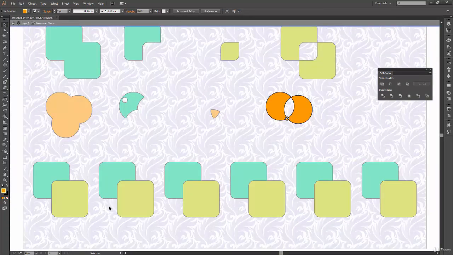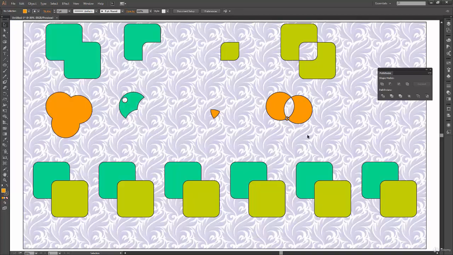Now I won't be explaining it any more after this, because I might confuse you even more. So I'm going to leave it right here, and if you're still not able to understand or if you're still confused, then I would suggest you go ahead and create these three circles, or you can create other shapes also and perform exclude. Start with two shapes, start with three, start with four, and keep going on to multiple shapes, and as you keep using this operation, you will understand how exactly it works.